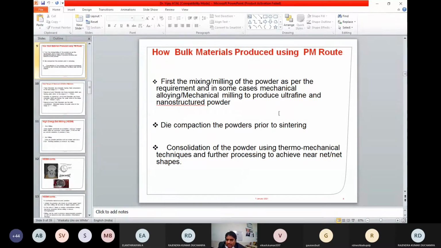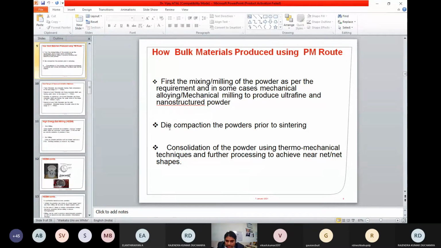It will be reducing the grain size and the particle size in this case. In the case of mechanical alloying, we do the same operation, but the milling time will be higher and the milling RPM will be higher. Depending on it, you'll be producing a mechanical alloy, a solid solution type of material.